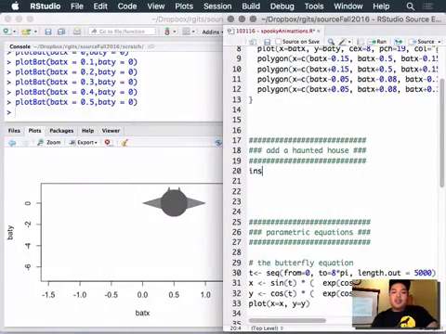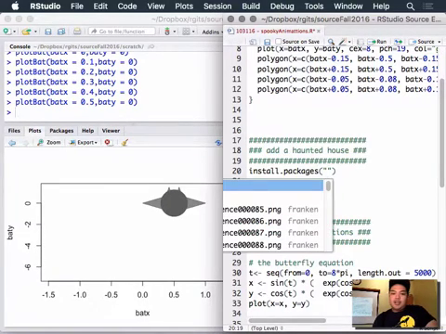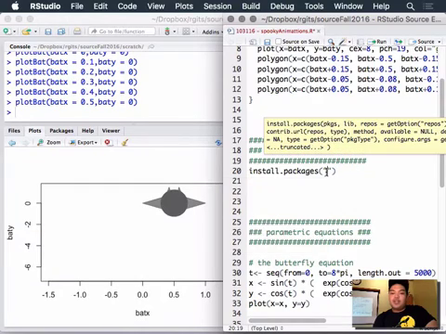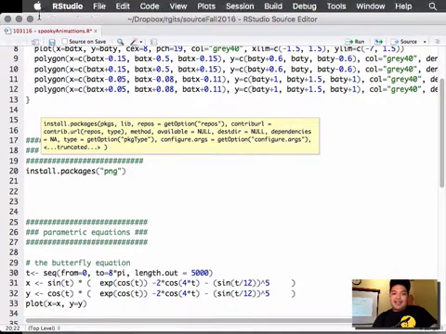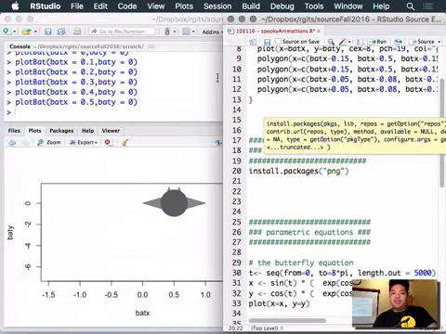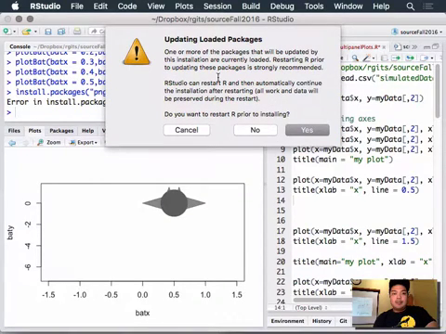And so the first thing you'll need to do is install a package, because R doesn't do this on its own. The function is install.packages, and I believe because this is a PNG, we'll want to install the png package. So the code is just install.packages("png"). This has the possibility of not working. I know some versions of R, it becomes really tricky to install packages this way, but I'm just crossing my fingers and hoping for the best. It's giving me an error because I already have it installed and loaded, but